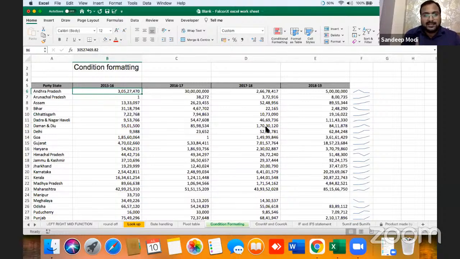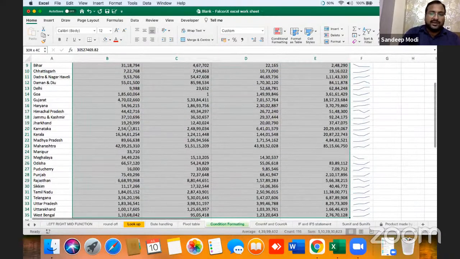ये डेटा इतना सारा है, means for understanding this data you have to manually see it. So as a person he will not be able to understand the data, meaning of data. For example, जैसे अभी डेटा यहाँ पर 30 करोड़ है और यहाँ पर 5 करोड़ है, पर when you see at a glance you will not understand. So how can we make data more user friendly?